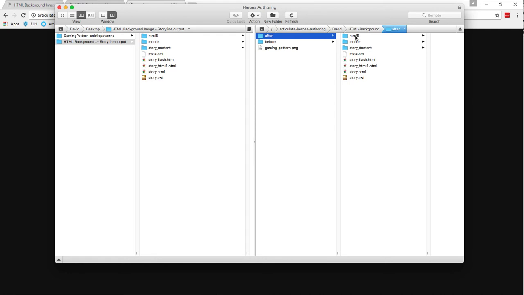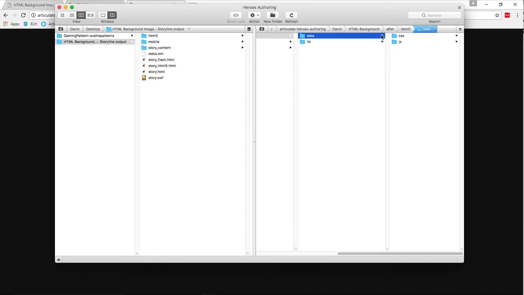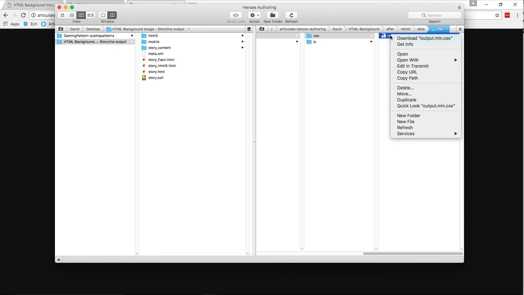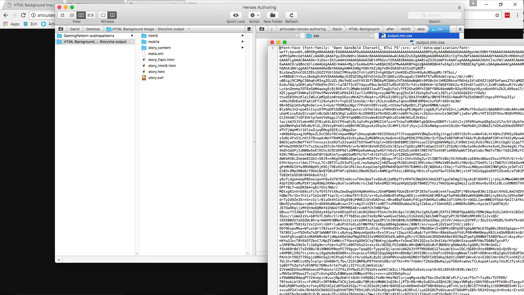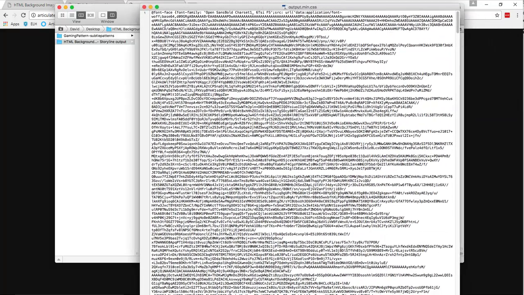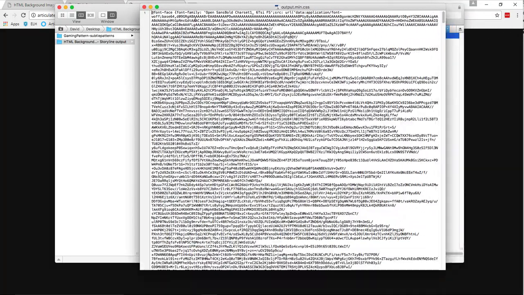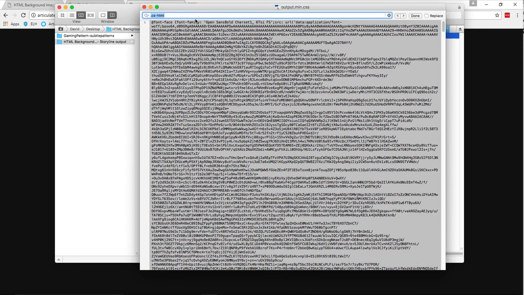I'm going to go into the HTML5 folder, the data folder, the CSS folder, and I want to modify the output.min.css. So I'm going to right-click this file, and in this case, I'm going to edit this with Transmit. You can edit this file locally with an HTML5 editor, Notepad, however you open up CSS files. But I'm modifying it here from the actual published example from the server. So edit in Transmit. It's going to open quite a bit of stuff right here. Let me just bring this up. What I want to look for, I'm going to do a Control F to search. I want to search for